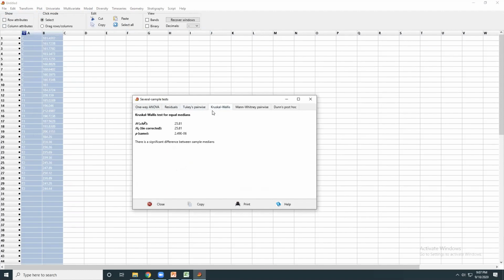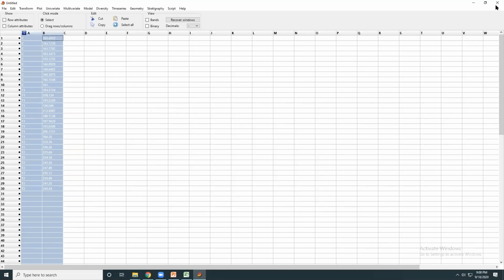So here you have the Kruskal-Wallis test, and the Kruskal-Wallis test says that there is a significant difference between the sample medians. So what you need to understand is that the Kruskal-Wallis test is on the median and not on the mean. As Aditya was saying, most of the non-parametric tests are happening on the median. However, that is not true with the Mann-Whitney, which is working on the mean value. Okay. So here in this case, the Kruskal-Wallis test is more appropriate for one-way ANOVA, and you will see that there is a significant difference between the sample medians. Okay. So this is how you do the